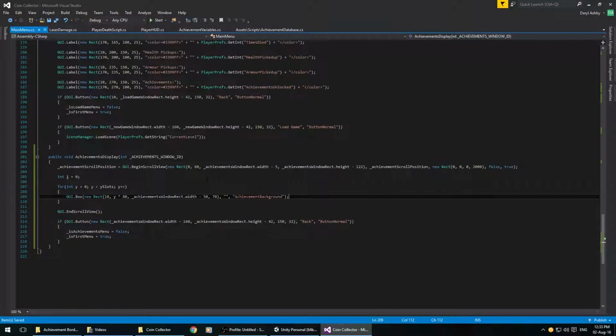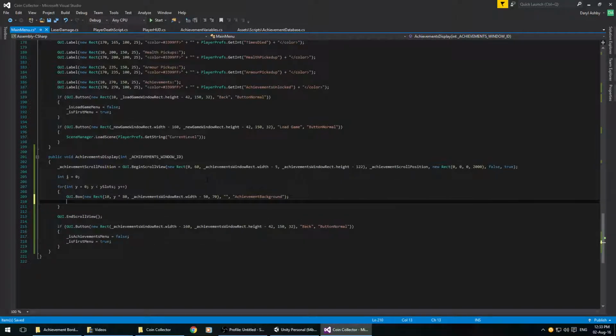Then go back into the script. And then what I will do is I'm going to create a slot rect. The reason I'm going to do this is because I'm going to be using the slot rect a couple of times, and rather than having code, I can just put this number in instead of the width and height and everything. So I'm going to say Rect slot rect equals a new Rect